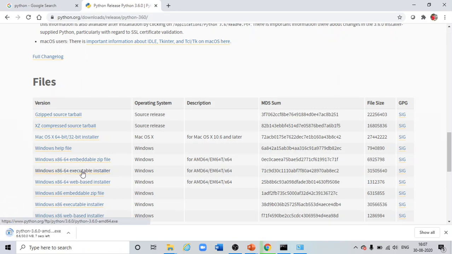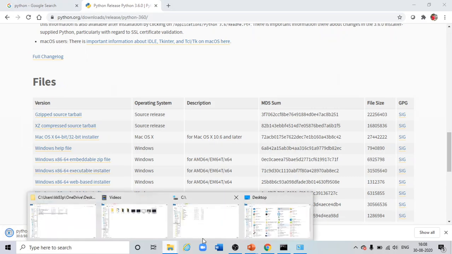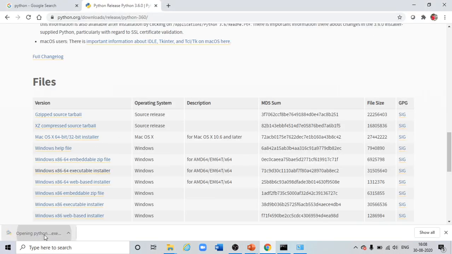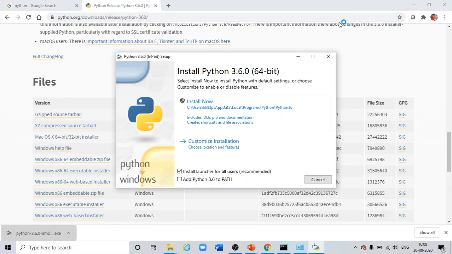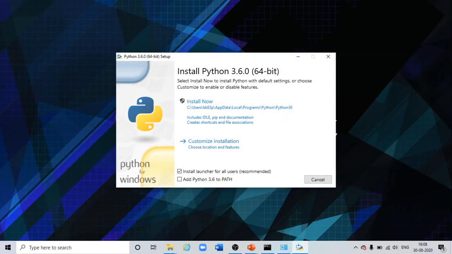So once I click on that, the download has started and I can open it from here. So it is started now. Let's close this one and we have two options here.